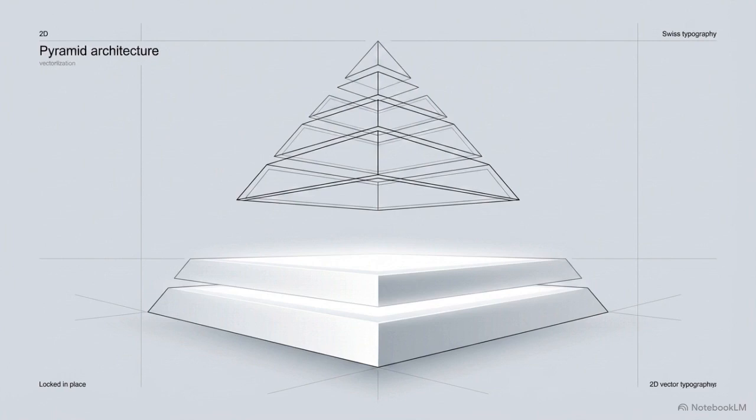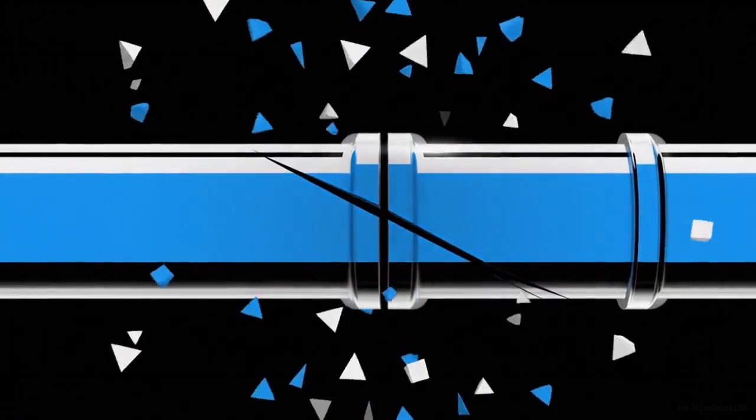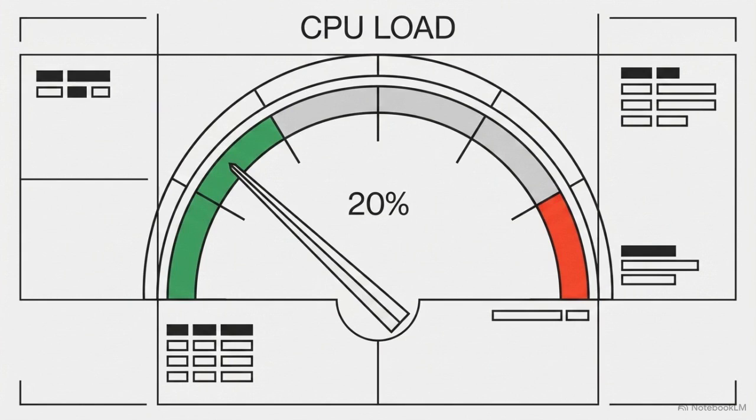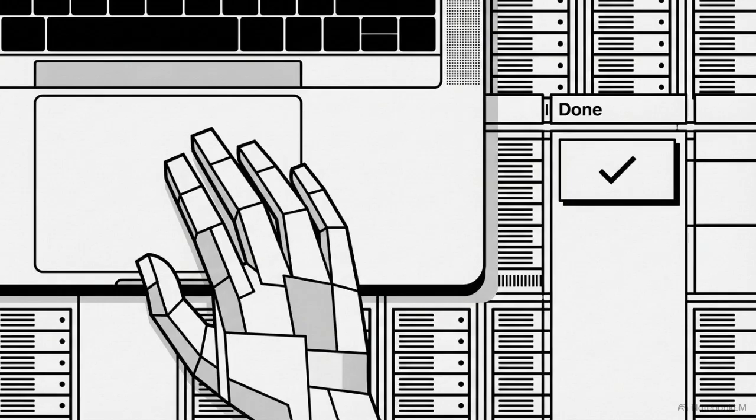Then it looks at the rest. These are the secondary features, the heavy, draining, nice-to-have processes that are useful but completely unnecessary for the system's basic survival. To protect that core bottleneck, the system intentionally severs its connections to those secondary features. It drops those heavy requests entirely, immediately freeing up massive amounts of database and CPU bandwidth. For the person sitting behind the screen, the application might suddenly feel a bit restricted, but crucially, the primary user